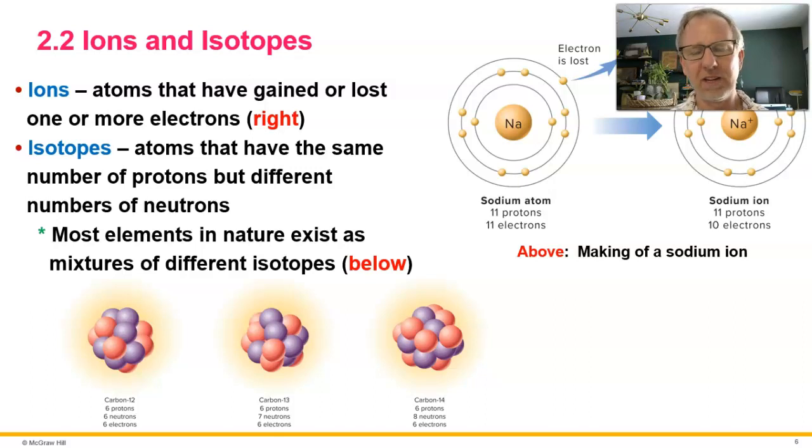So you're being introduced to what an ion is here. An ion is an atom. It could actually be a little cluster of atoms, but atoms that have gained or lost one or more electrons. That's it. That's the definition. That's an ion. You should know this. If you look carefully at the figure on the upper right-hand side of your slide there,